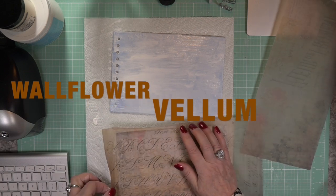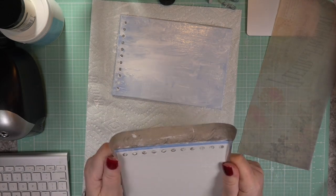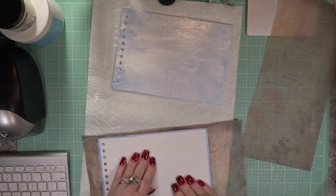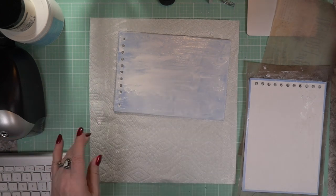Now I am going to do a school days album using the Wallflower Vellum 12 by 12 pack by Tim Holtz and the Wallflower Paper 12 by 12 album to make this little album. I got these at a thrift store. They were baby albums, wired ring albums, so I took the wire off and now I added some